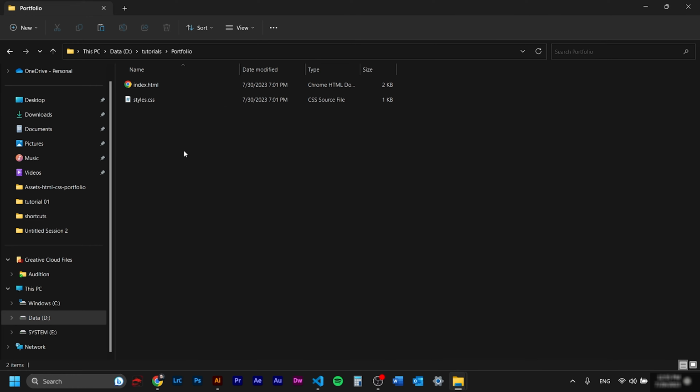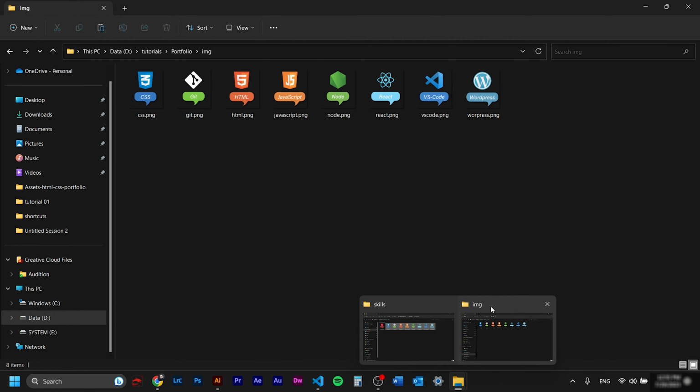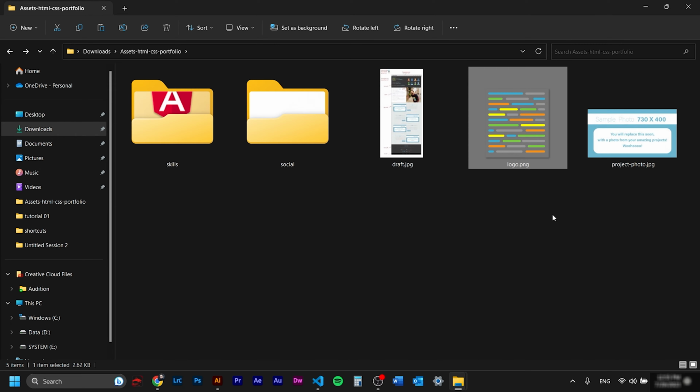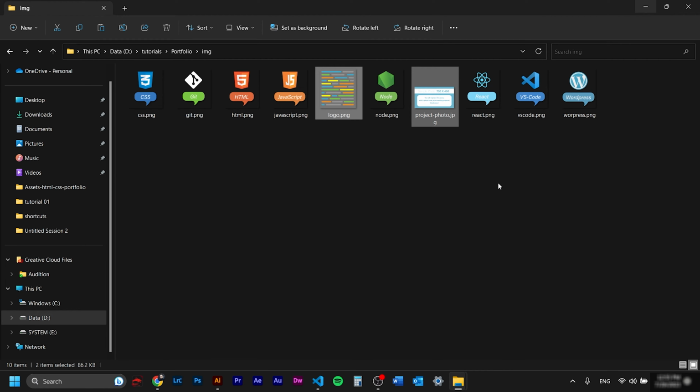So we'll go to the file that we have our project, create a file, name it img for images, go inside and paste them. Let's go back again and grab also the logo, and let's have this one ready as well, and paste them both here so we are pretty much more ready.